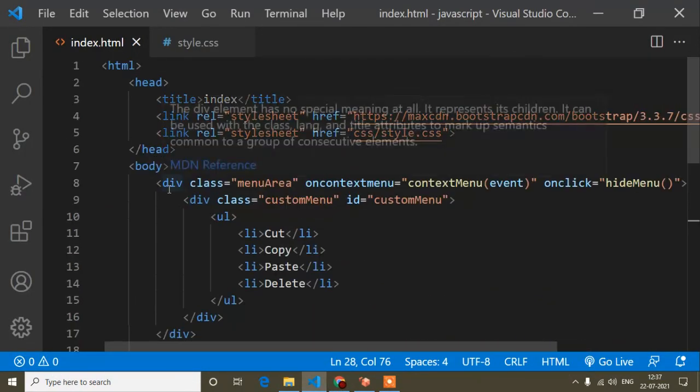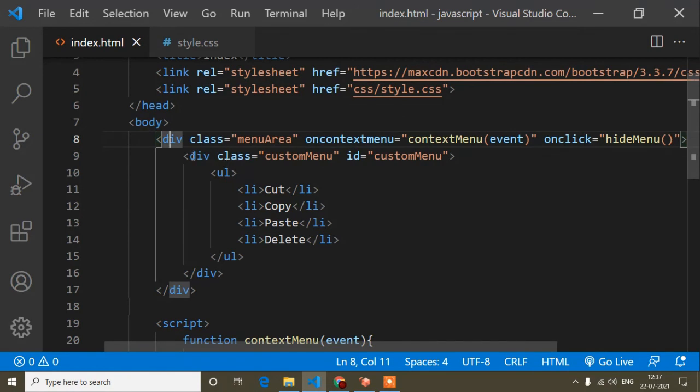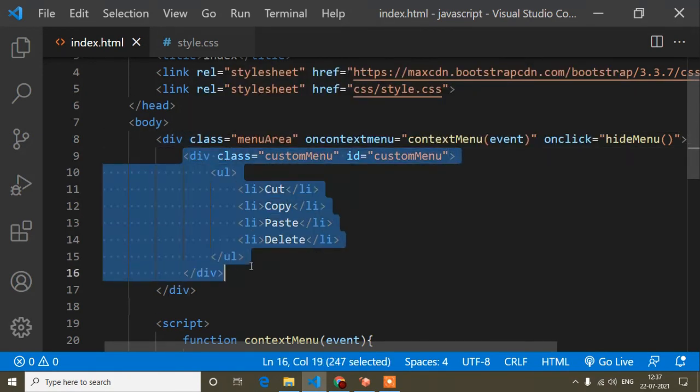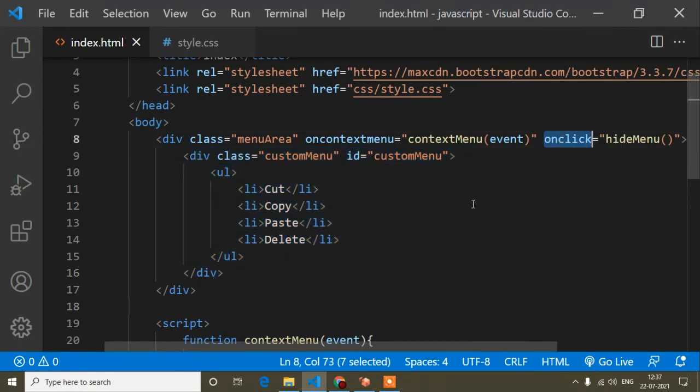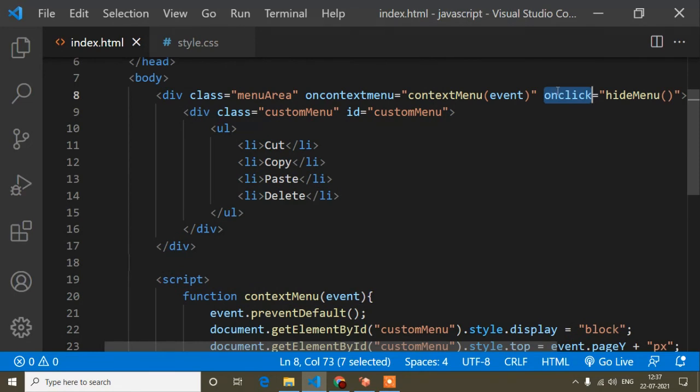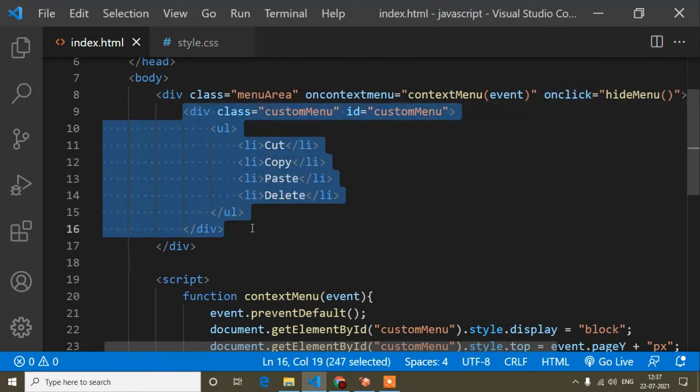But guys, one problem is coming, that is event bubbling. That means, here you can see this is the parent, right? And this menu is the child. The menu area is the parent, and the custom menu which I have created is the child. So when I have written onclick in the parent to hide the menu, that event is applied to the child also, because that's called event bubbling, right guys?